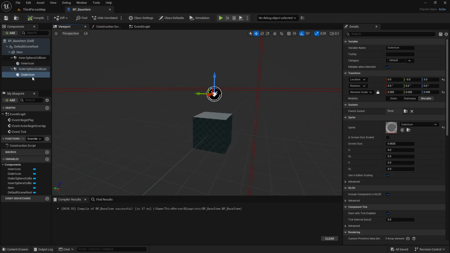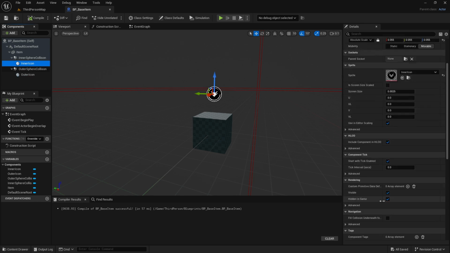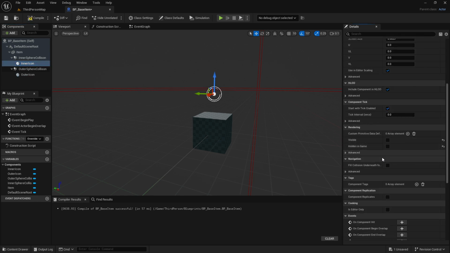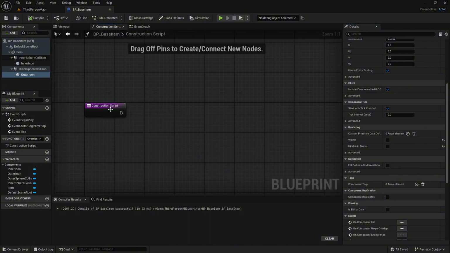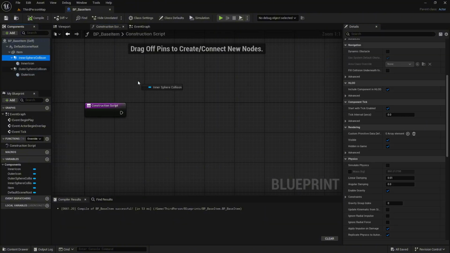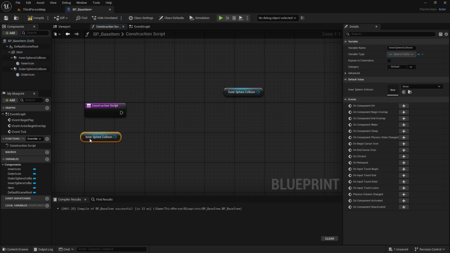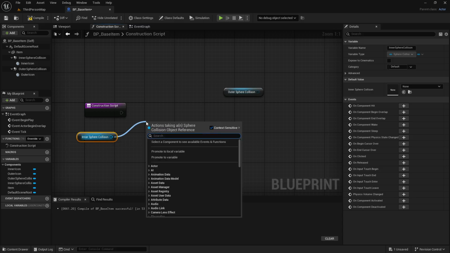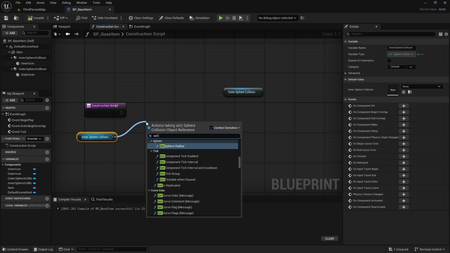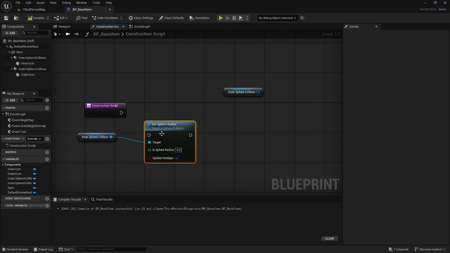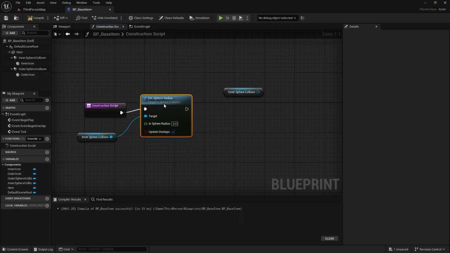Alright, what we need to do is click on the inner icon and turn the visibility off, and do the same for the outer icon, turn the visibility off. Then we want to go into construct script, and here we want to set the collision size, so set sphere radius in there,